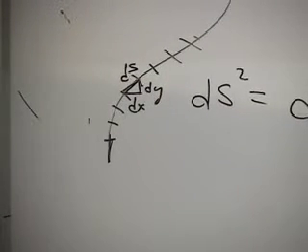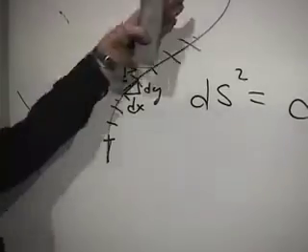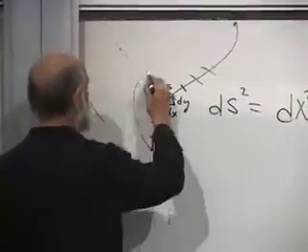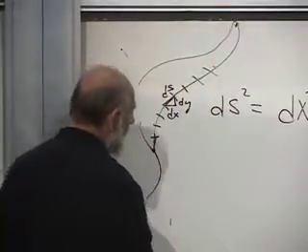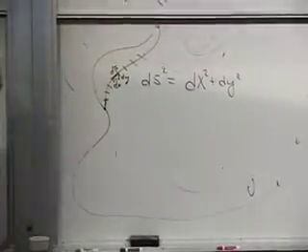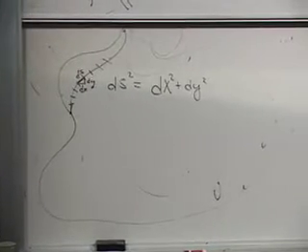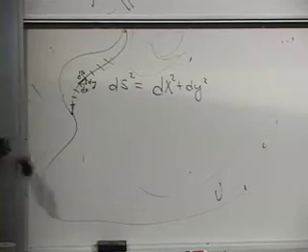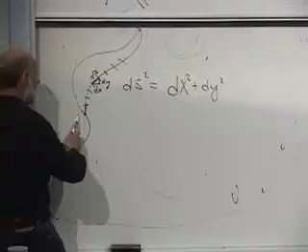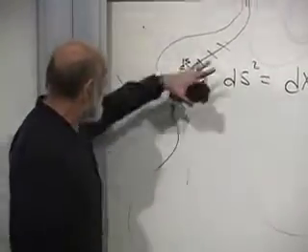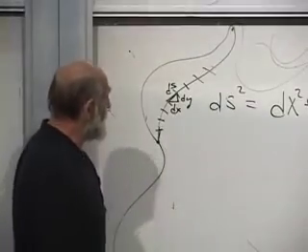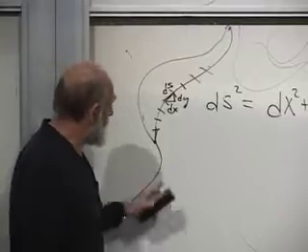All right, so that's the way, and you add them up. That's the way you compute distances along curves. It's quite obvious that if you take 2 points, the distance between those 2 points depends on what curve. Not the same for every curve. So measured along a curve, you have to know not only the 2 points, but you have to know the curve in order to say what the distance between those points is. Of course, the distance along a straight line is well defined, but the distance along a curve depends on the curve. In any case, ds squared equals dx squared plus dy squared is the basic defining